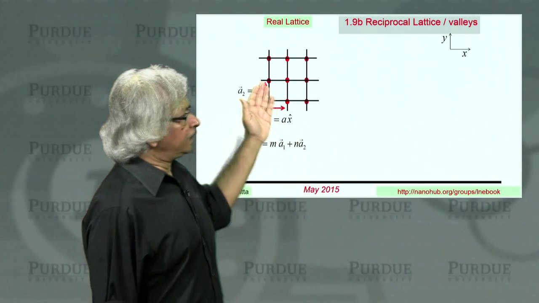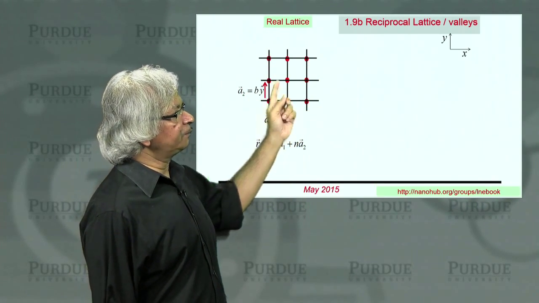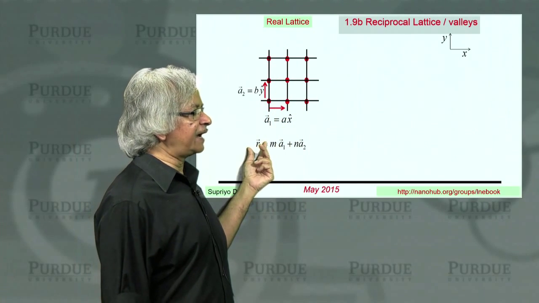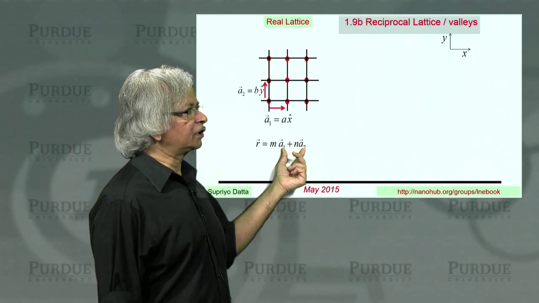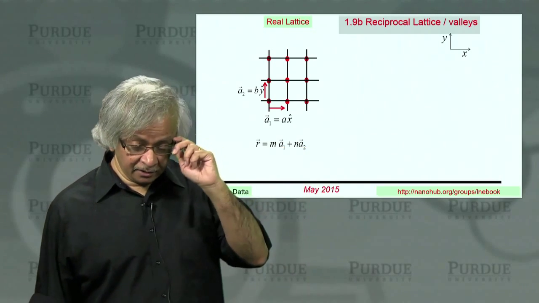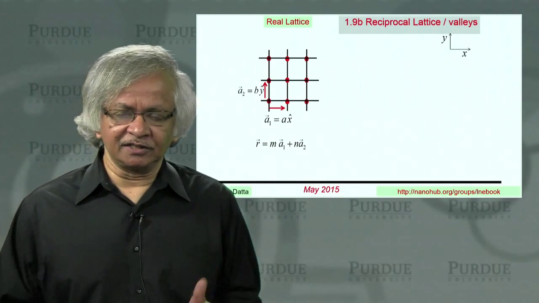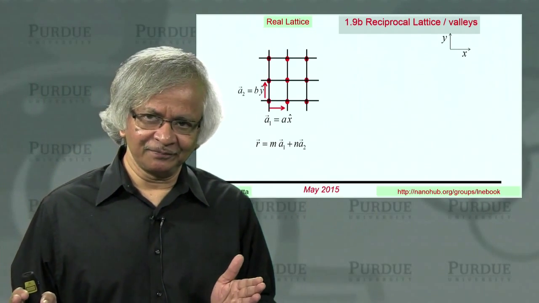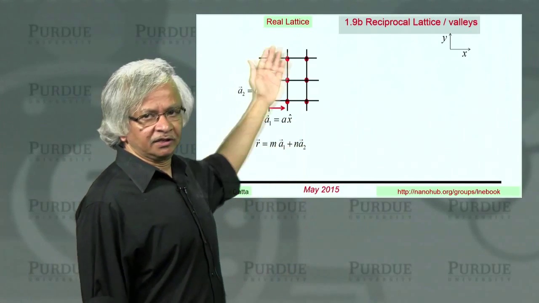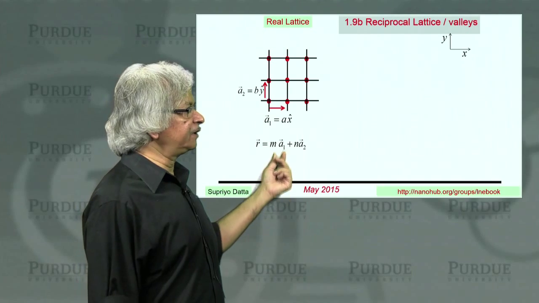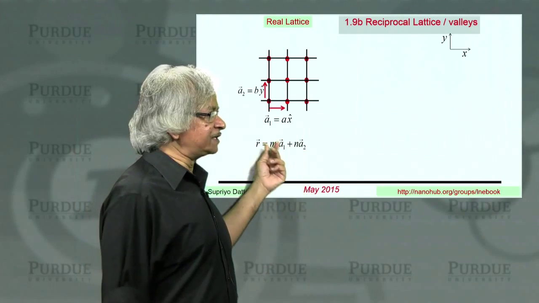Okay. Now, the first thing is, this is a rectangular lattice, and every point on this lattice can be written as a linear combination of 2 what are called basis vectors. Now, this is a little different from the basis functions that we talked about earlier in this course. Here we are talking about basis vectors, and this is a two-dimensional vector which can be written in terms of the two basis vectors.